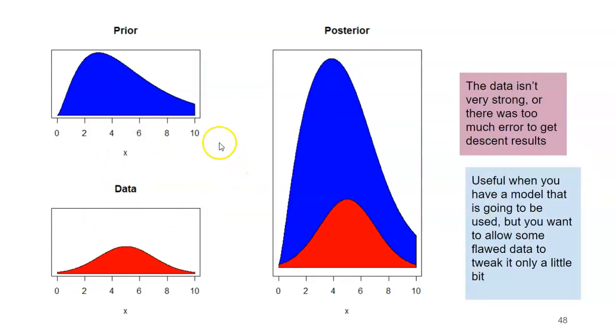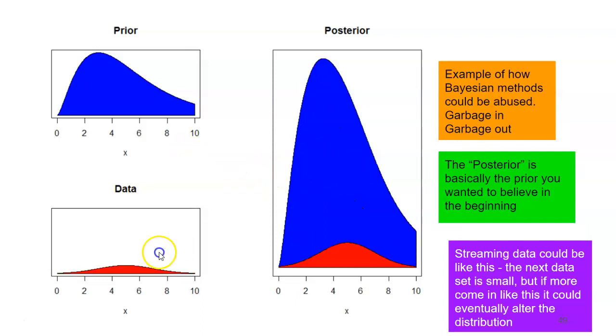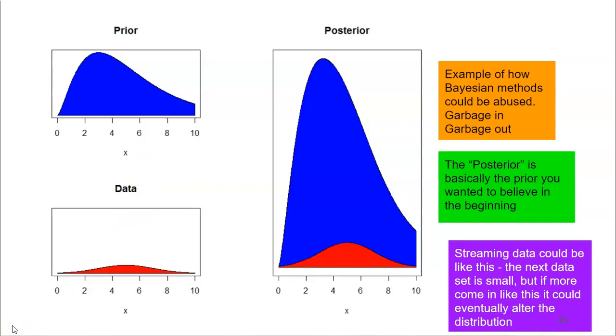The next example, of course, is where the prior is really strong and the data is weak. Maybe there wasn't a lot of data, or maybe there were some errors. And what do we get? We get a posterior distribution that is mostly the prior, slightly adjusted for the data. Of course, if the prior is wrong, you can see how dangerous this would be. In fact, let's do an example where the data is super non-informative and the prior is super strong. We basically get the posterior, which was from the prior, maybe this is like expert knowledge, and that overwrites anything the data has to say. So of course this could be abused.